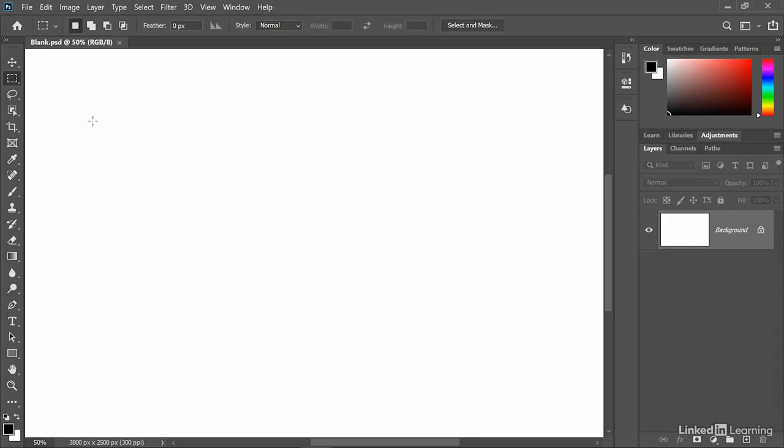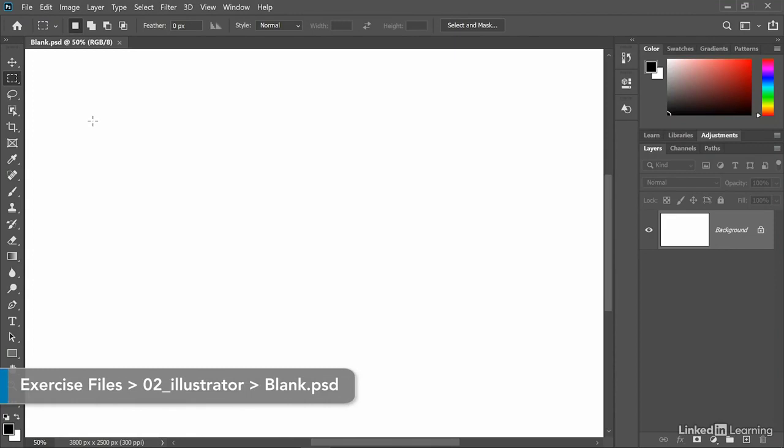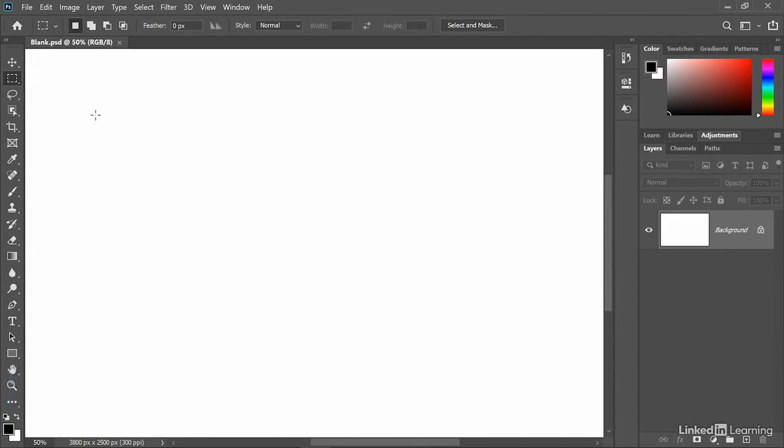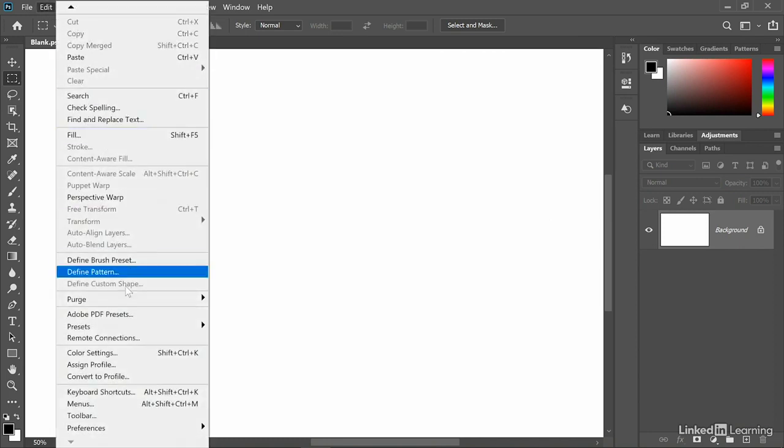All right, so we're starting this movie in Photoshop, where I'm going to show you how to copy one of your several hundred custom path outlines and then paste it into Illustrator. And so the first thing you want to do is make sure that Photoshop is set up to export its clipboard. And you do that here on the PC by going to the Edit menu and dropping down to the